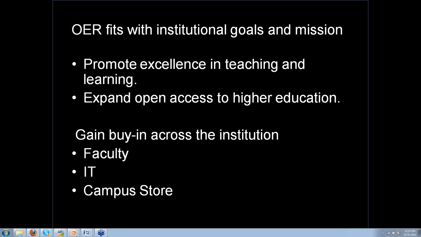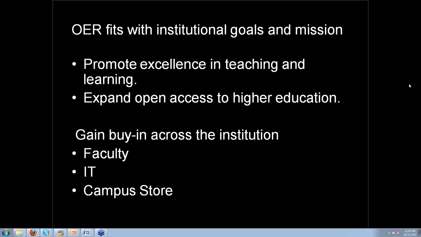You've got your IT folks who have a lot to learn, I have to say, about Creative Commons, a lot to learn about the concept of sharing. In many cases, IT folks' approach to institutional network management is protection and safeguarding against all the awful viruses and so on from outside. So they're not completely dialed into the concept of openness, and there's a lot of education to go on there.